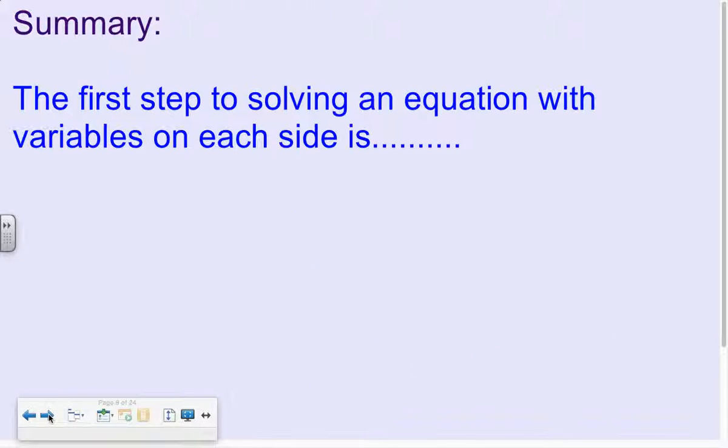Summary. The first step to solving an equation with variables on each side is